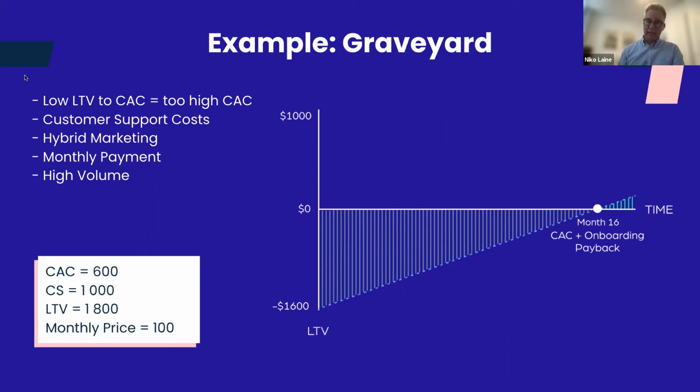and you might have a high volume of transactions. In this example, we've used a CAC of $600 and customer support costs in the beginning of $1,000. LTV is a 3-year relationship, $1,800, and the customer pays $100 monthly. This example means that you're immediately out of pocket by $1,600. Little by little the customer pays, and then on the 16th month,